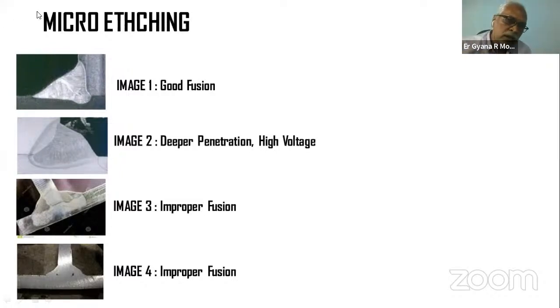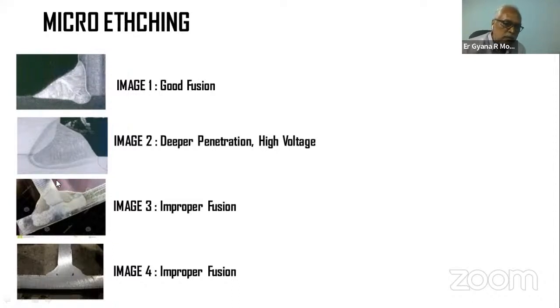I can show you. You see, in the first case, this is a very good fusion case. These are all photo images taken from micro etching samples. In the second one, there is deeper penetration. What is the analysis here? What is the diagnosis? That particular welder has welded with a very high voltage. This is improper fusion. Improper fusion means either, as I told you, when we are putting a DC electronegative or DC electropositive,